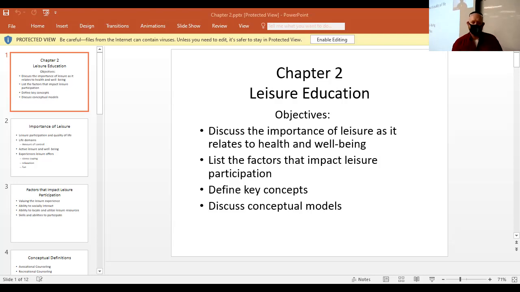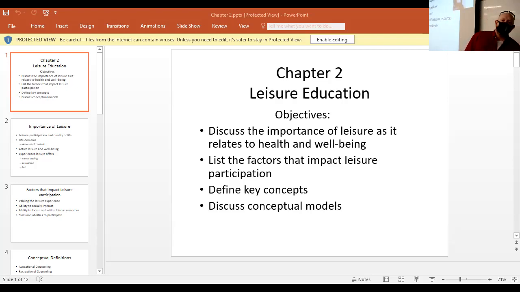Relaxation is also something you want to see from leisure. When we're telling people, hey, this is going to help you cope with your stress, this is going to help you relax. And obviously, if done the right way, leisure activities are going to be fun. So those are the things that we share to be able to bring our clients, our patients into the fold and ready to join in with what we're doing, to get them to buy into what we're selling. We need them to believe in what we're saying.